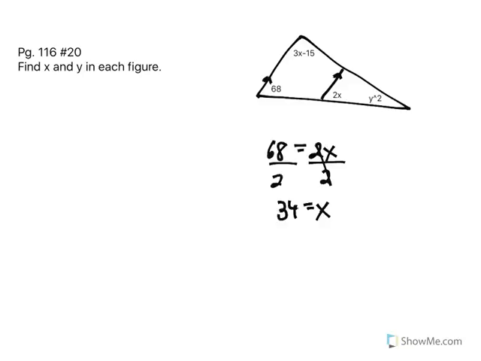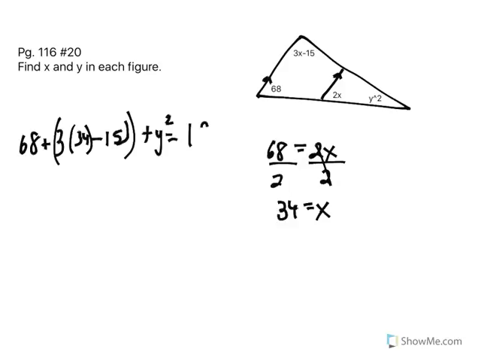We have 68 plus 3 times 34 minus 15 plus y squared equals 180. If we go through and do the math for that,